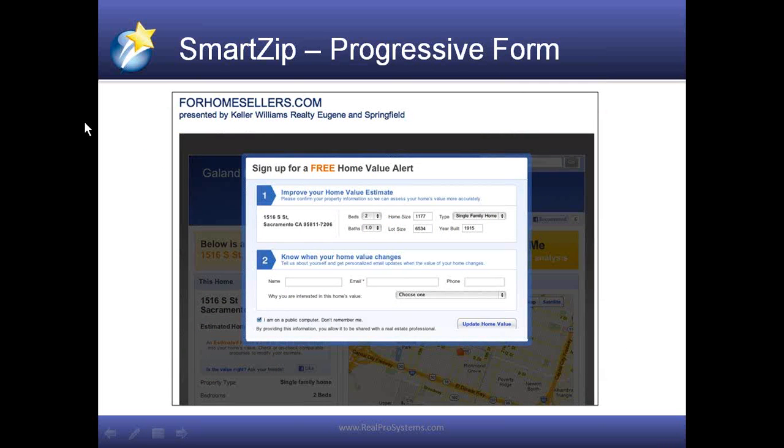So you can see on this page, for instance, all of the information popped up. You guys didn't actually get to see that. Behind this white square, you can actually see a CMA. But it showed it long enough, and then it popped up and said, hey, just want to make sure we've got this correct. In this case, it says, is your house really 1,177 square feet? And the lot size, blah, blah, blah. And then tell us who you are, which I think has now changed where we make the phone number mandatory, or is that an opt-in, Mark?